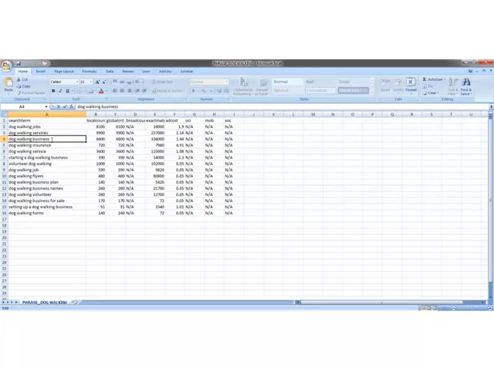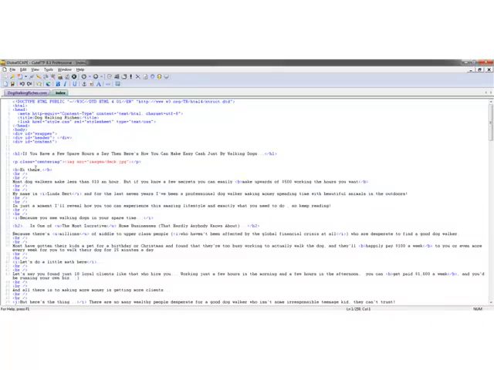I think I'm going to optimize this main page for dog walking business. It doesn't have the highest searches, but it's got some of the highest searches, but it's the most relevant. So I'm going to copy that. And here, I'm going to put in my title, dog walking business. How to start a dog walking